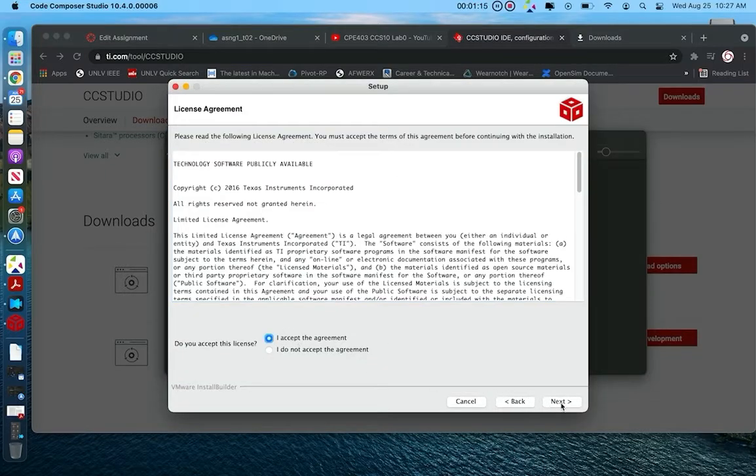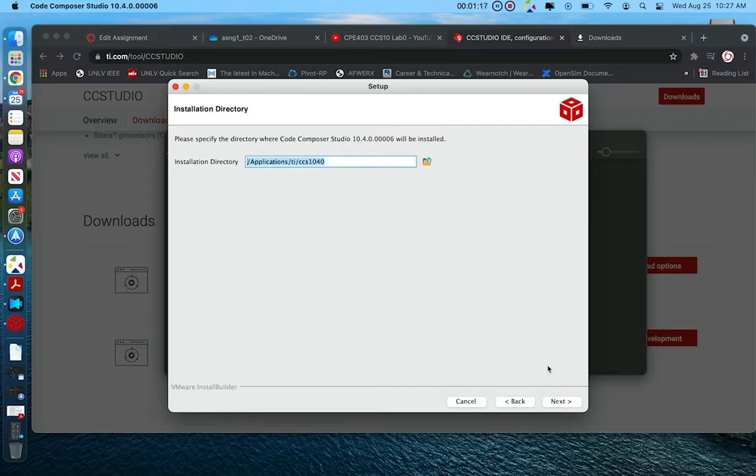Say yes, accept the agreement. It's also worth registering with ti.com with an email address, specifically with the UNLV email address or the Rebel email address, so that if you have to download any other libraries, it becomes convenient. Currently we are on version 10.4, so I'm just going to install in its default location. If you're using Windows or Linux, you would be prompted, and just go to the default location and